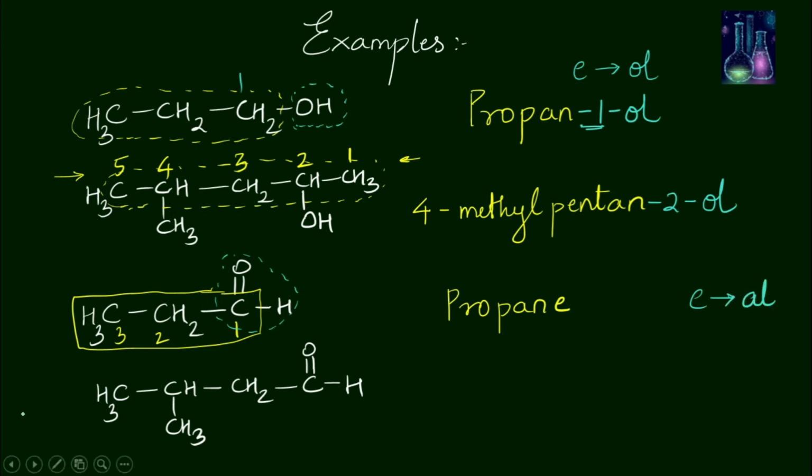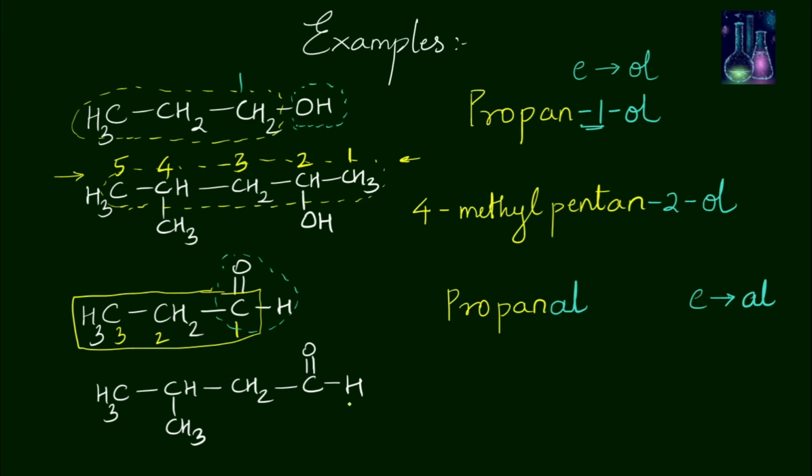If you see the list of the functional groups that was shown before, E is now replaced by Al. And by default, it is always on the first carbon, so you need not show its position. So it is just Al. No need to show -1-. So the name of the molecule is propanal. Now let's see this molecule.